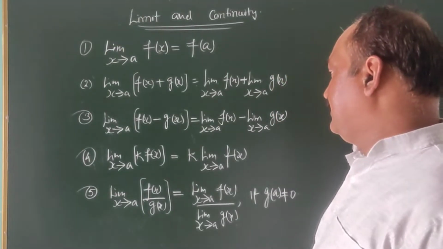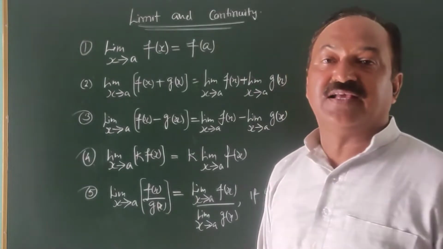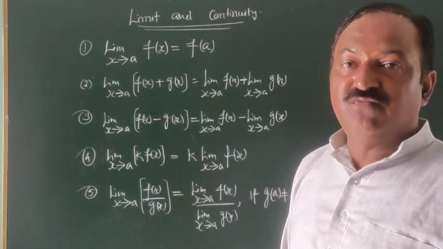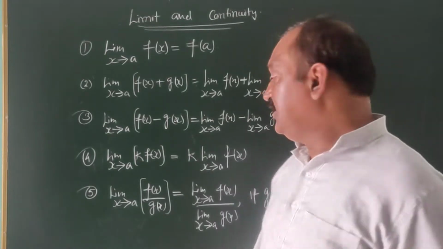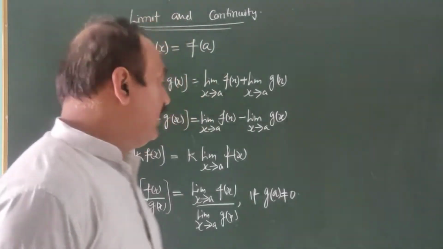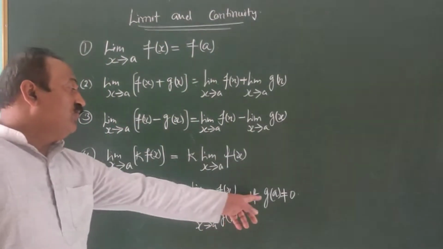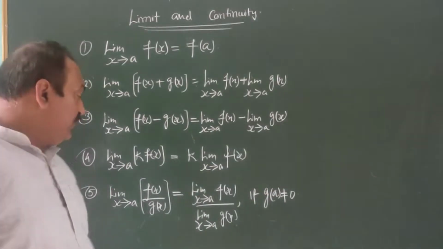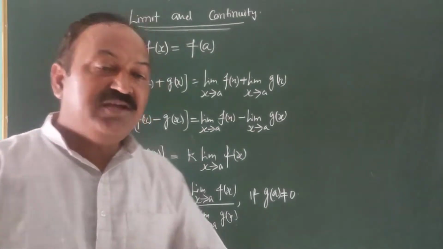And at last, limit of x approaches to a f of x upon g of x, quotient of two functions. तो इस प्रकार के फंक्शंस की, रैशनल फंक्शंस की हम सेपरेट लिमिट तभी ले सकते हैं जब डिनोमिनेटर में यदि हम लिमिट भरें तो वो वैल्यू 0 नहीं आए। यदि g of a की वैल्यू 0 आ जाती है देन वी हैव टू